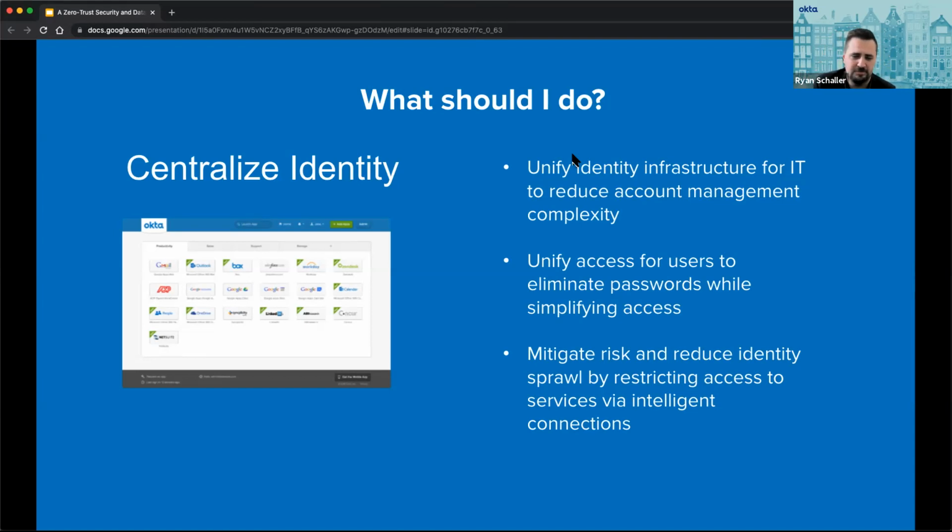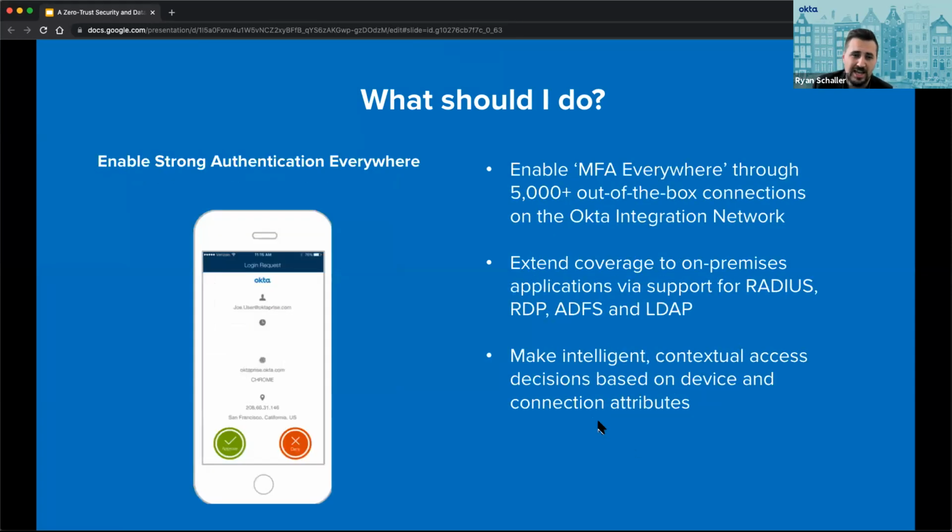The services. So centralizing identity is super important, because you also get policies that can blanket over everything. Then there's enabling strong authentication everywhere. We talked about how passwords are inherently weak. So having some sort of 2-factor at the bare minimum, something provided to the lowest common denominator of the population, the residents, is super important. I can't stress that enough. You really should have that in your mindset. So start thinking about this.